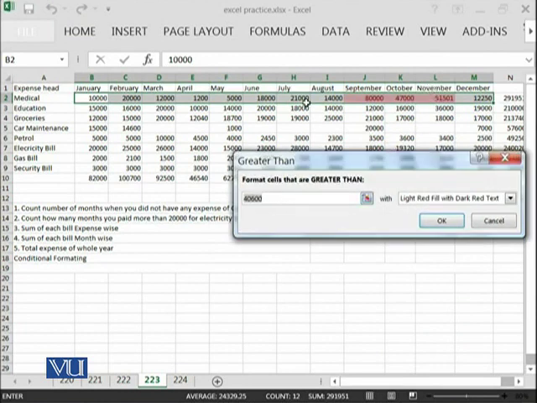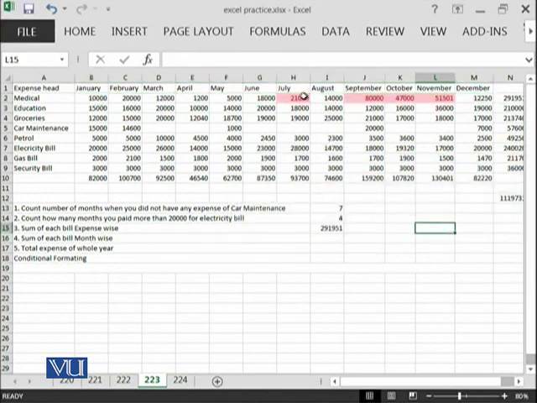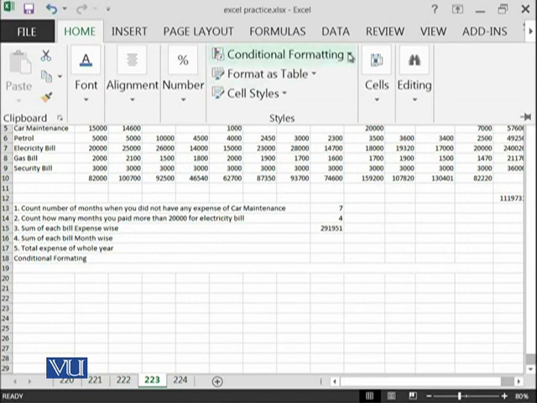At the moment we have written 40, so we can say anything which is greater than 20,000. So you can see that these are 4 values which are greater than 20,000. Such conditional formatting you can apply over here.